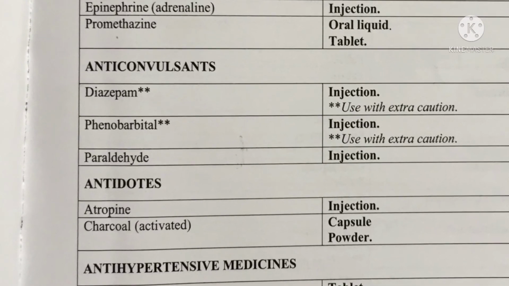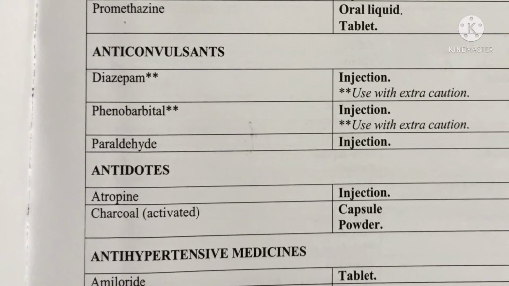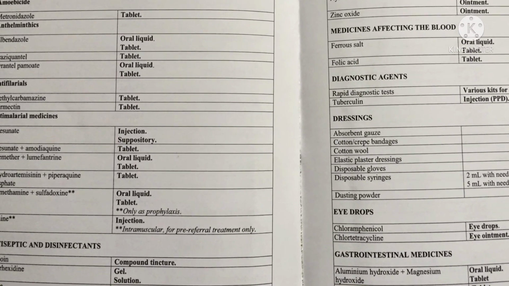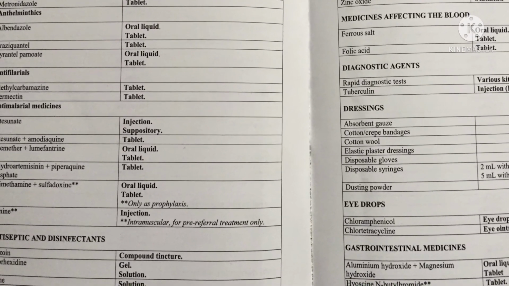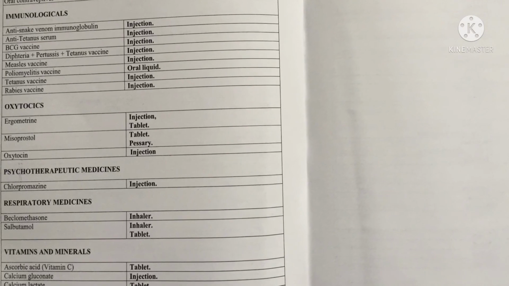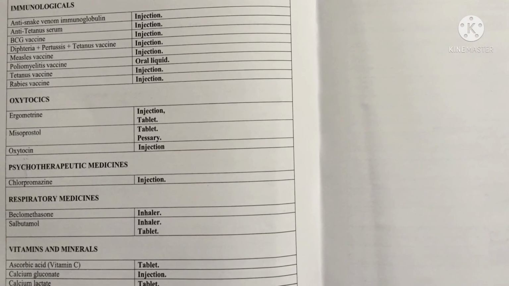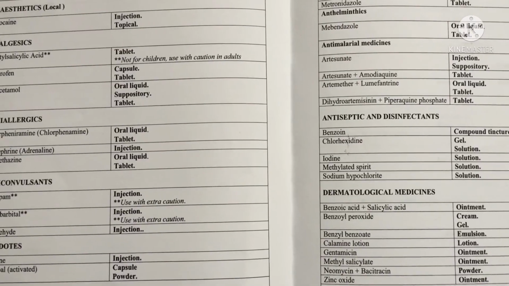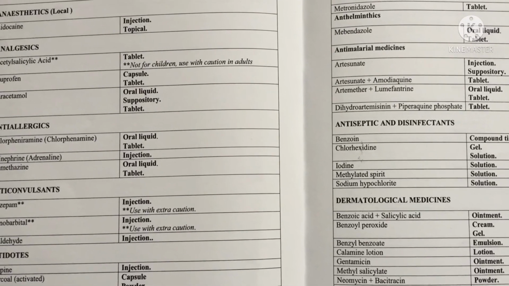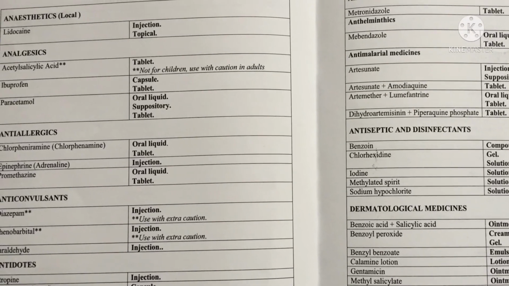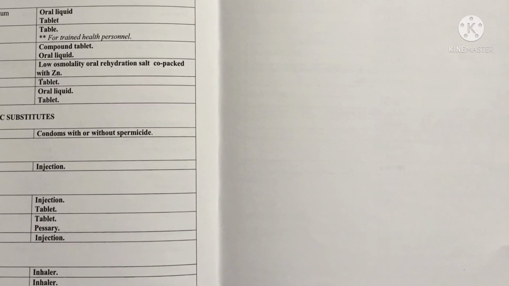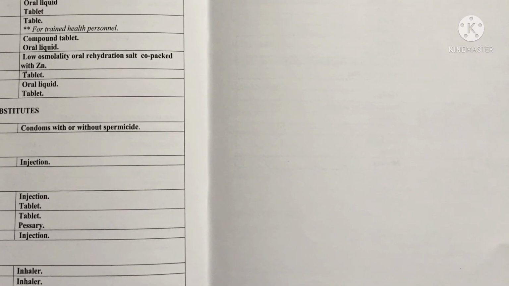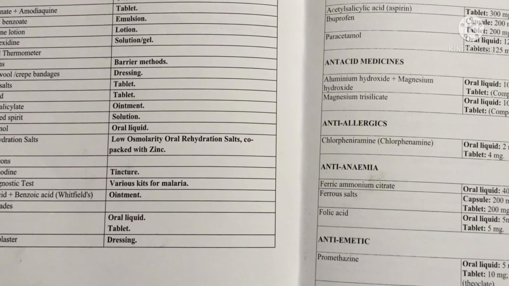Contents of the Essential Medicines List for Primary Health Care. For both the adult and children versions, the Essential Medicines List contains 3 categories of essential medicines for primary health care. These include 1. Primary Health Care List for health centers. 2. Primary Health Care List for primary health care clinics. And 3. Primary Health Care List for health outposts. The contents of these lists are as shown on the screen.